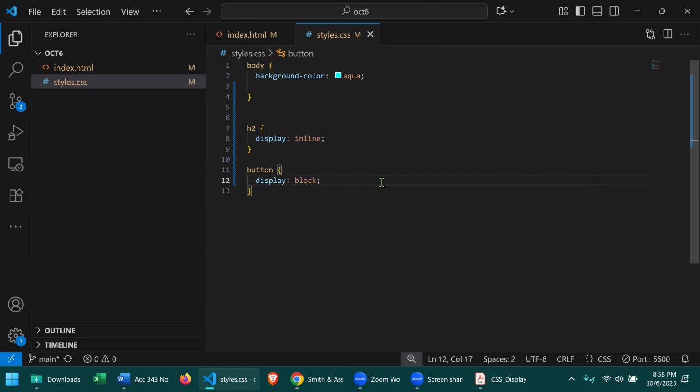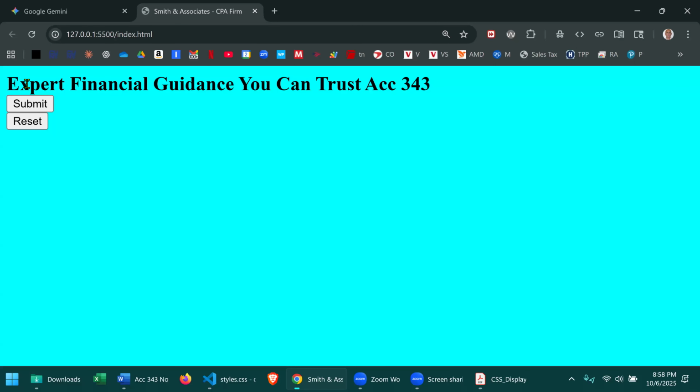So now I have changed the default behavior. Buttons are on top of each other, and this is going straight across. As long as you have a reason to do it, you can certainly modify the behavior. So going back to my notes,